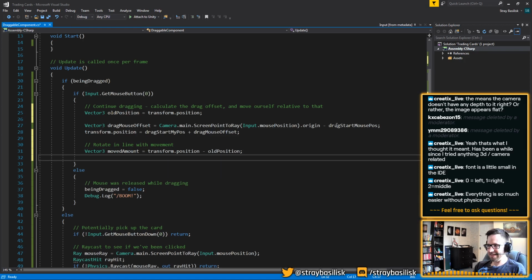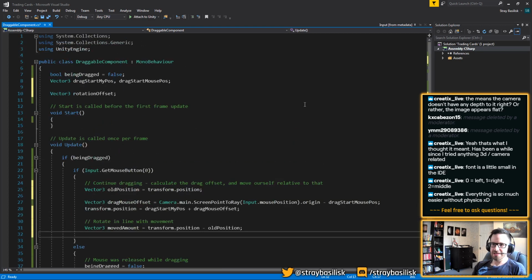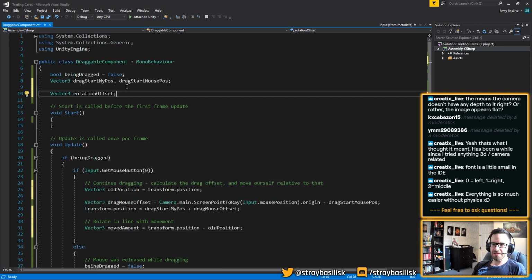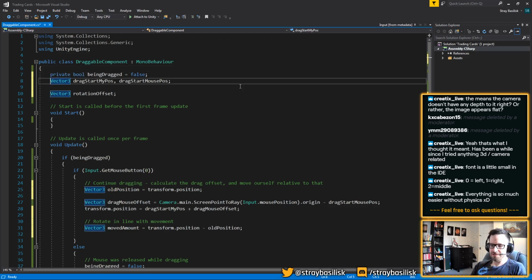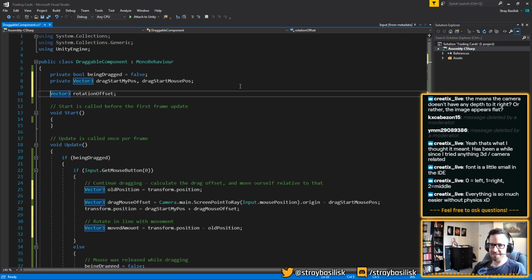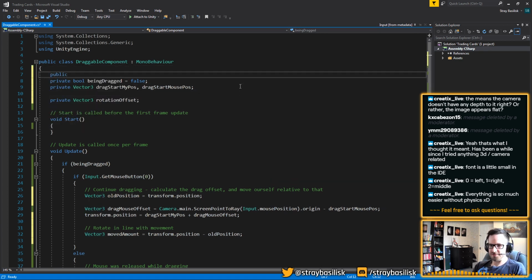Right, so now I know how much I've moved this frame, and then taking into account how much I've moved and probably how much time has passed, I'm going to modify the rotation slightly. I probably want some parameters for this. Let's make these private, but maybe some public stuff for